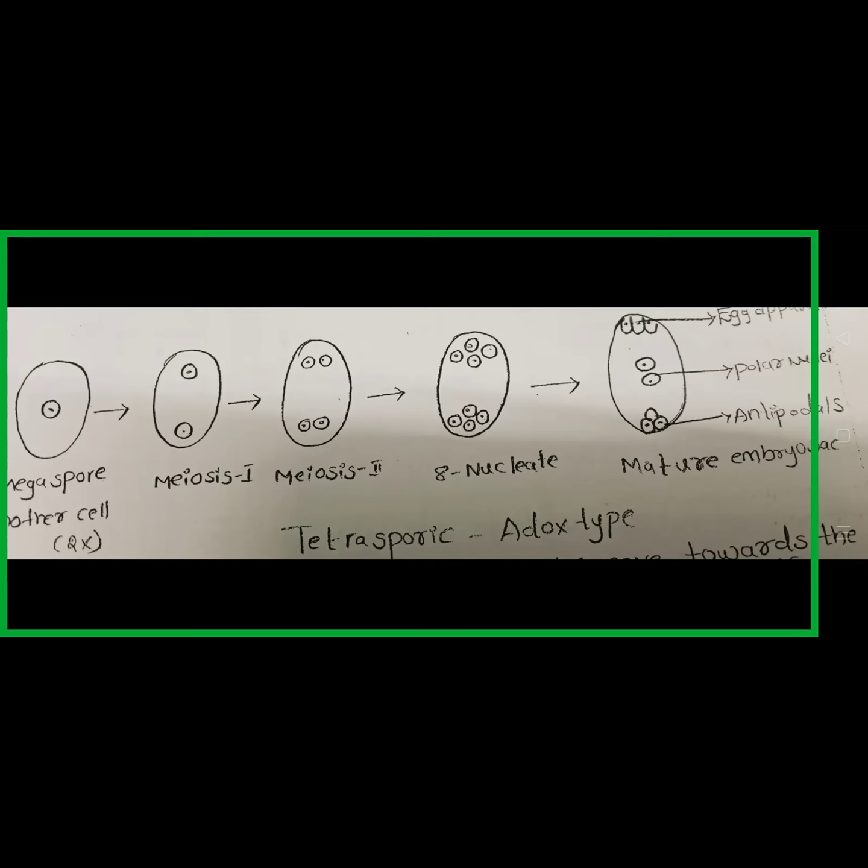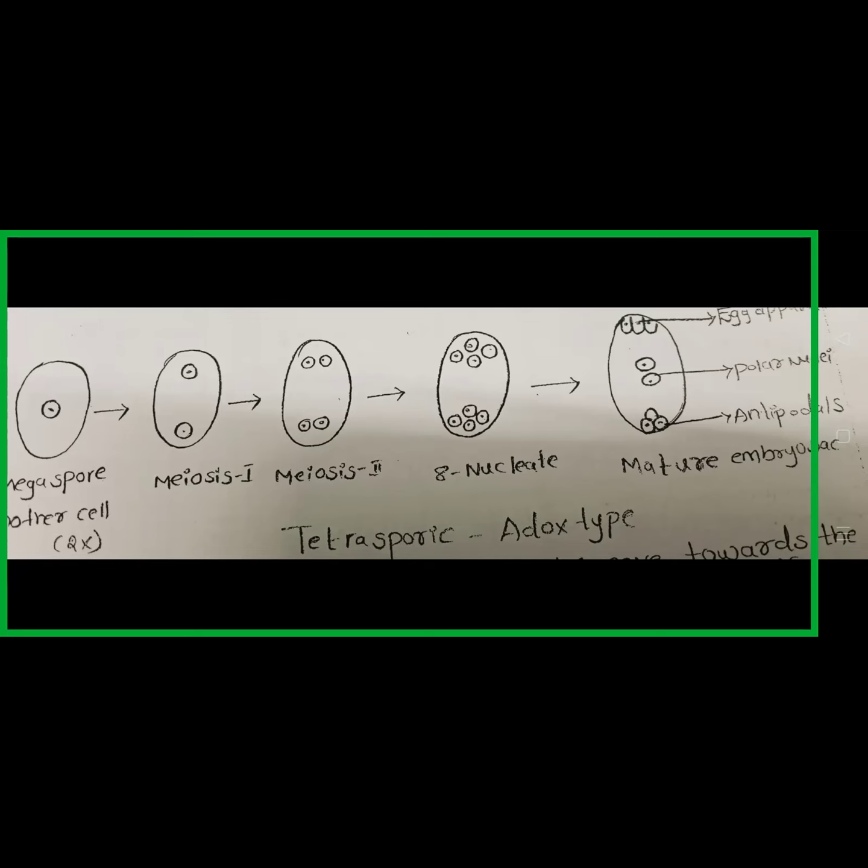Why are we calling it monosporic also? In the monosporic embryo sac, we observe the Polygonum type. Polygonum divaricatum was first described by Strasburger. That is also 8 nuclei embryo sac. But